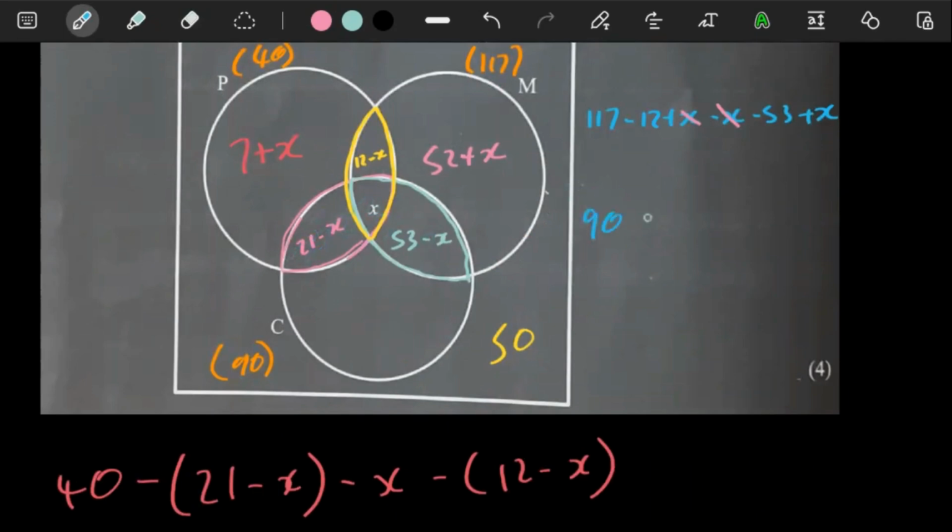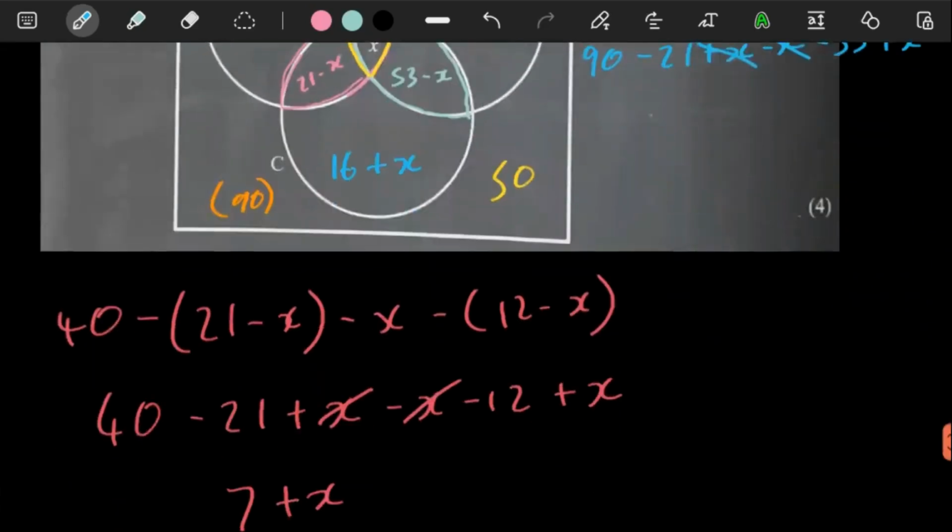It's going to be 90 minus 21, then plus x, minus the x there, minus the 53, then you're taking plus x. So here, that's what this section is going to be equal to, right? 90 minus those three. And then if you simplify it, you see this here cancels this here, then it looks like you're going to have 90 minus 21 minus 53. You're going to get a 16. So this is 16 plus